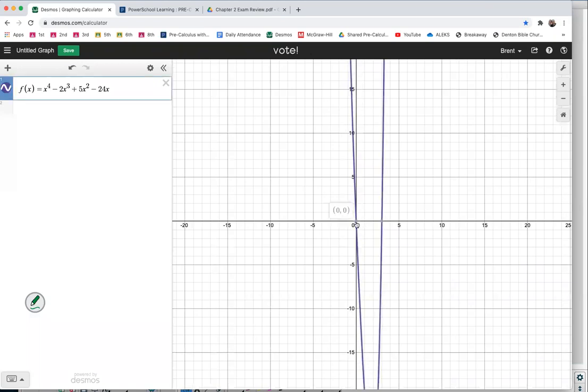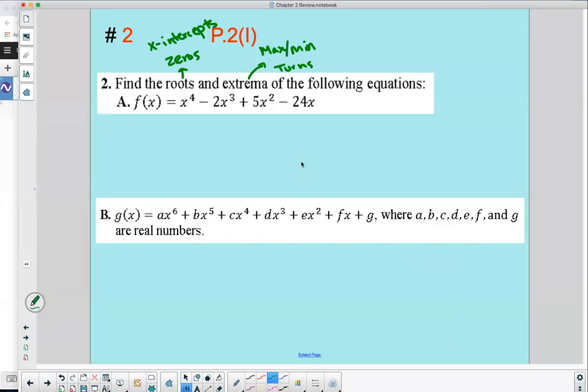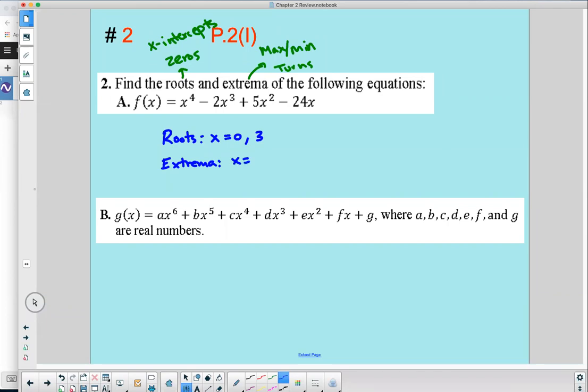It crosses at 0. You're looking at the x value. That's all I've got to find. So 0 and 3. So we have roots at x equals 0 and x equals 3. Those 2 spots is where we have roots. And the extrema occurs when x equals,